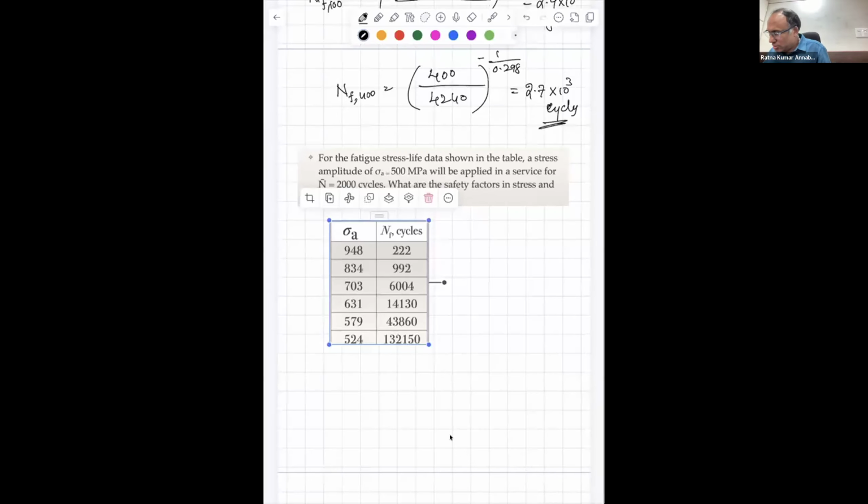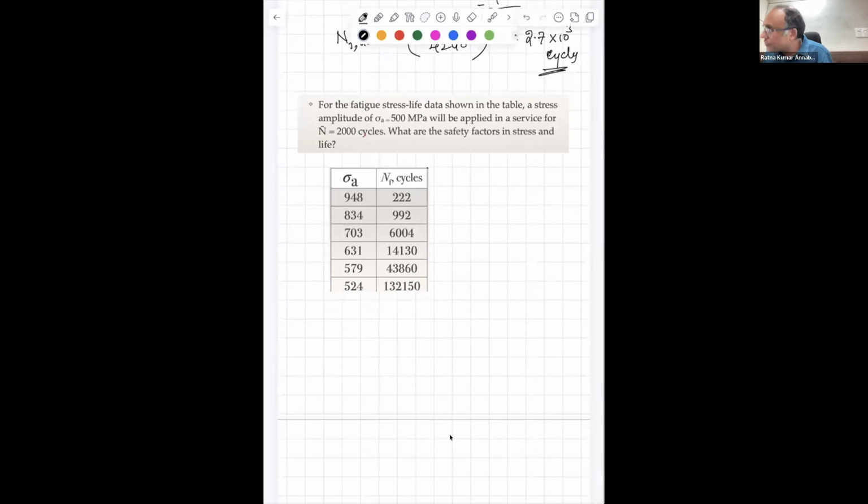So now this is the data for which we got S equal to 1540 times N to the power minus